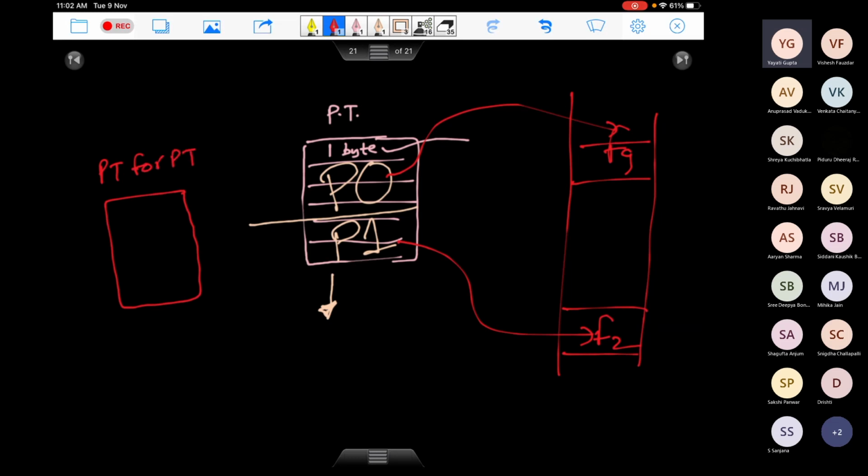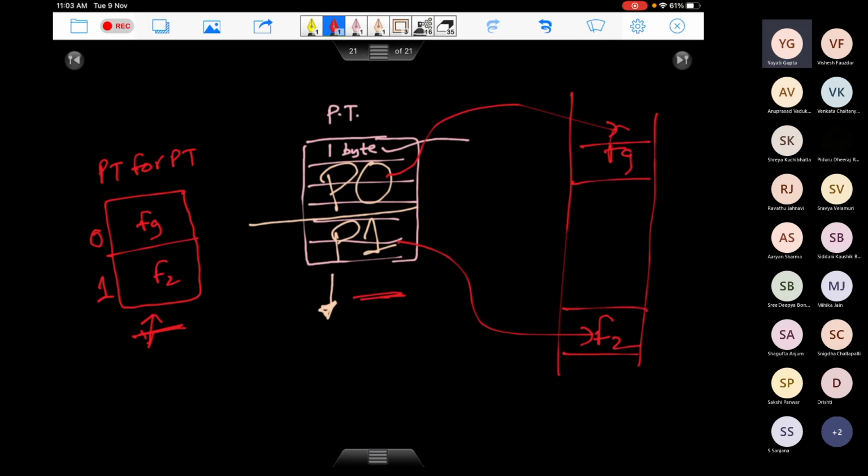And how many entries will it have? How many entries will this page table have? 2, right? We have 2 pages, so it will have 2 entries. One for your P0, which is mapped to frame number 9, and this one is mapped to frame number 2. So this page table now has 2 entries. So you get the same figure which we were discussing before. Okay, what about the size of this page table? This page table is fine. It was not able to fit in one page, so we scattered it in the memory in 2 frames.